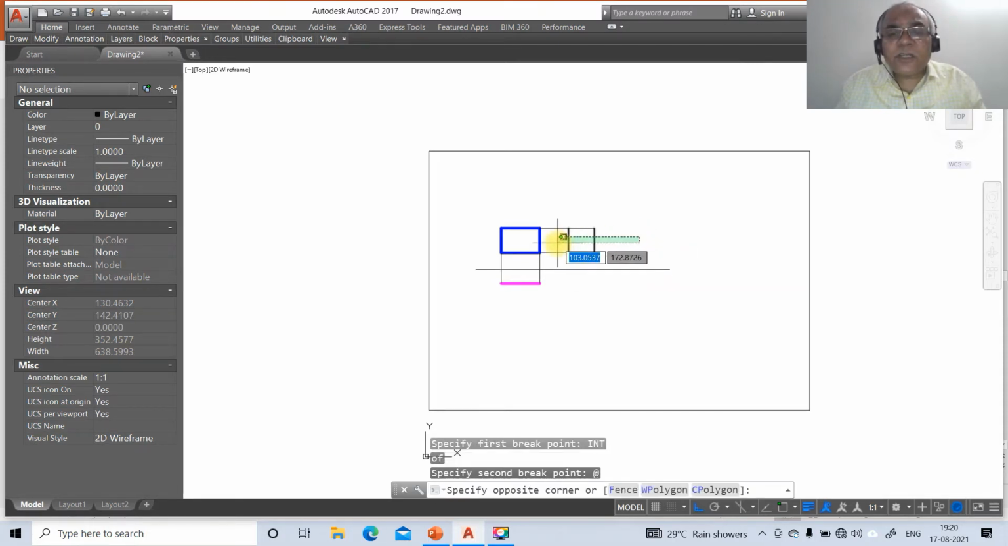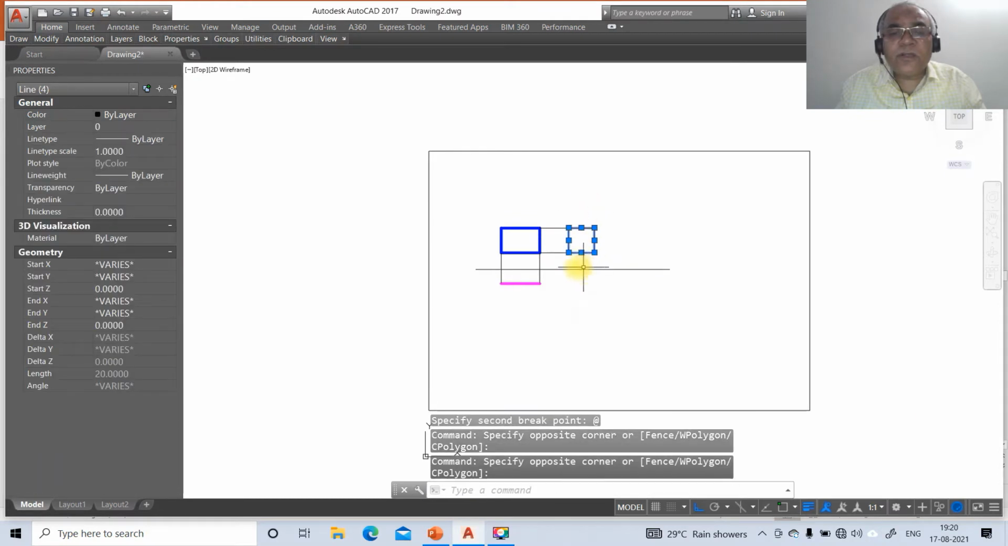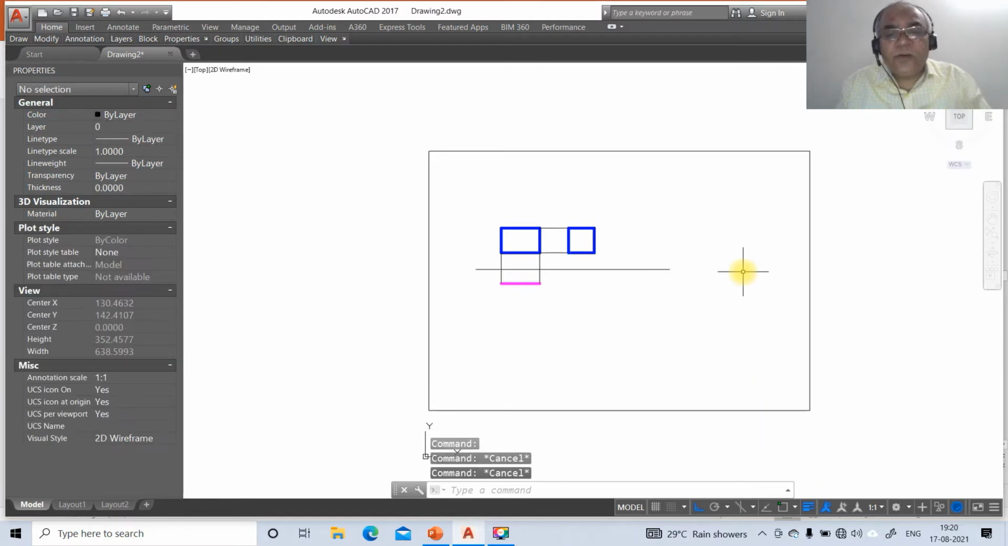Now you just click on these two and click on these two. Go to layer, make that layer as front view. Now you just come down to this line, take int of this and draw a horizontal line. Take line int of this and draw perpendicular to this line,